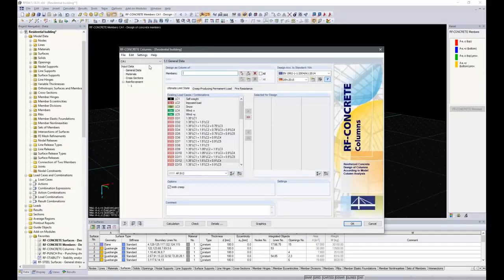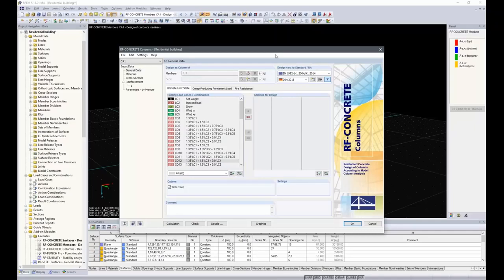Next module, again, all the modules are similar, so you get used to that very fast. At first I have to select the members in this module, and I can click on all. Only the vertical members are recognized as columns by the program, so only members number 1 and 2 are selected